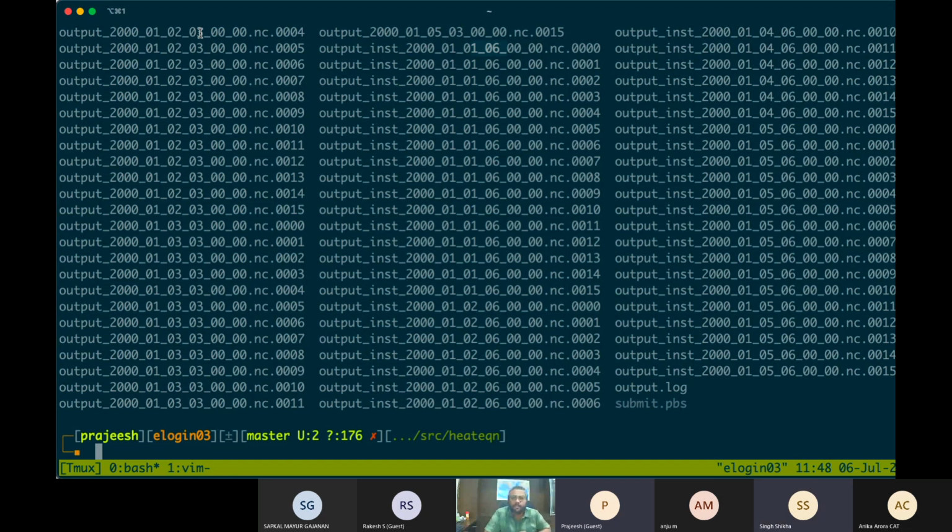But for the instantaneous, it's the last time step, because it's at the time step, which is at 6. And that's exactly why we should not mix and match the instantaneous and the average output in the same file. The time definition is different for instantaneous and average.